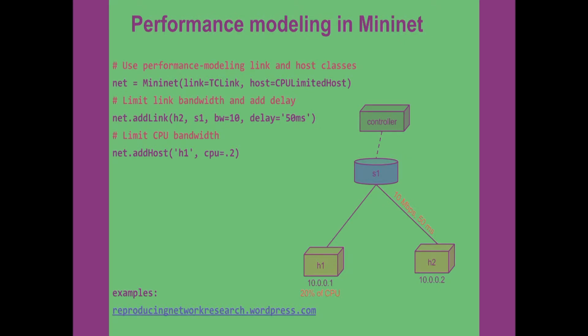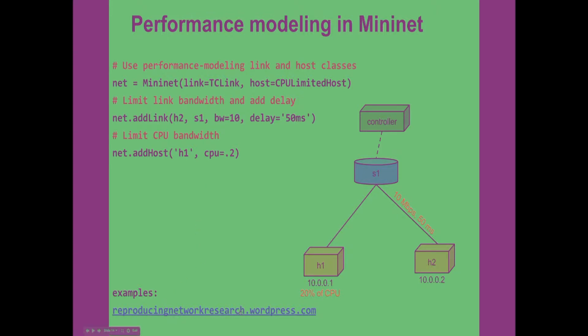And we also have performance modeling in Mininet using TC for link bandwidth limiting and Linux CPU control groups for CPU limiting. So you can actually use a system like Mininet to do performance type experiments. You might think that wouldn't work at all, but it surprisingly does. And if you want to see some examples of this, we used it in a class at Stanford, CS244, the graduate computer networking class. And on our blog,